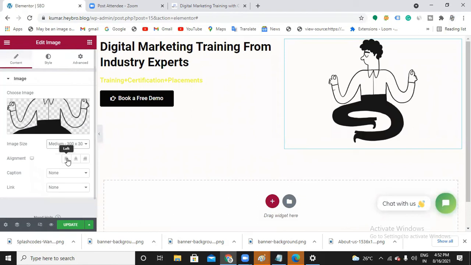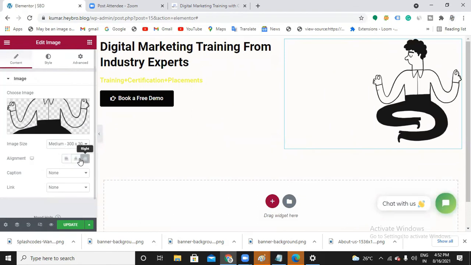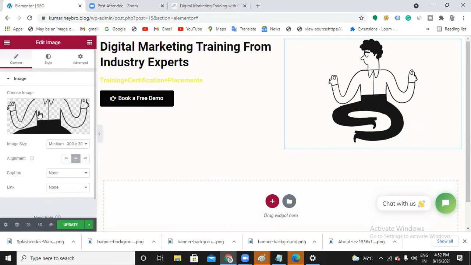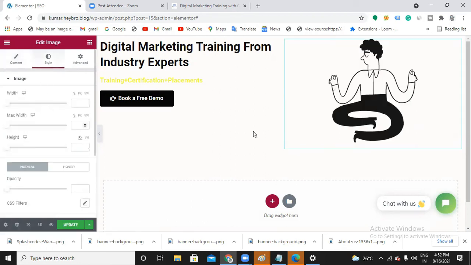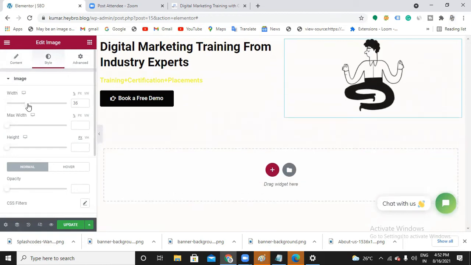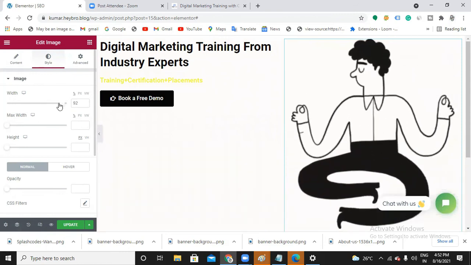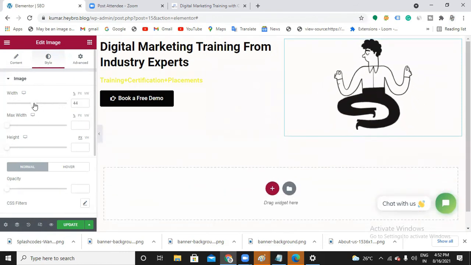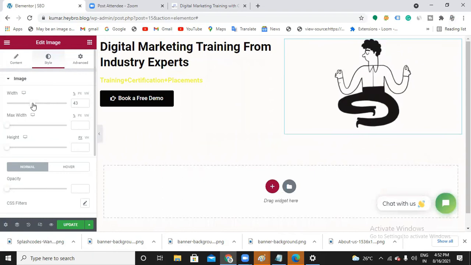Okay. And alignment: left, center, right. Choose the alignment. And here comes style. The width of the image you can choose. Okay. So I'll go with this. Got it?